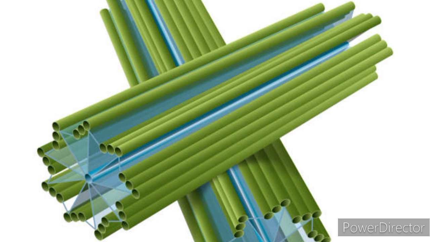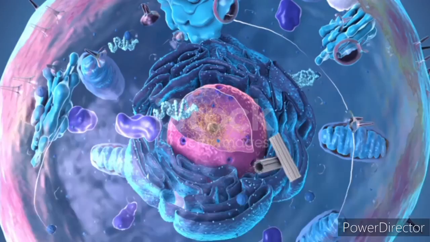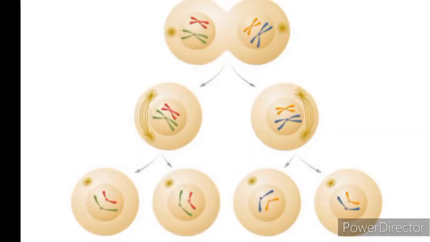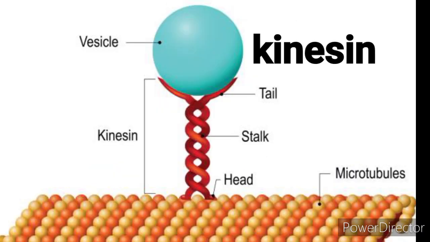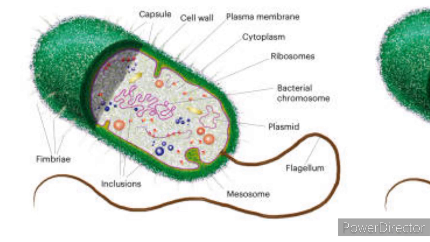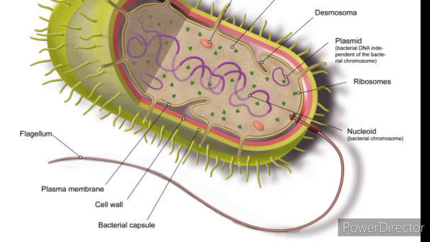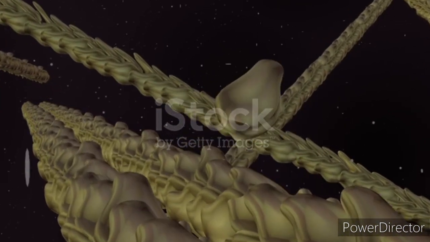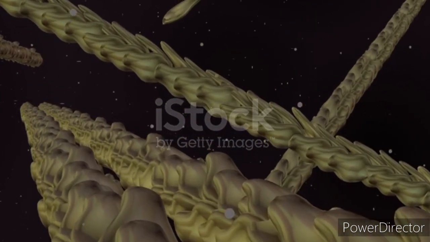Microtubules are dynamic and can rapidly assemble or disassemble, allowing them to participate in processes like cell migration, organelle movement, and the distribution of chromosomes during cell division. They also serve as tracks for motor proteins, such as kinesins and dyneins, enabling the movement of cellular components along their length. Moreover, microtubules are involved in the formation of structures like cilia and flagella, which are important for cell motility and sensory functions in various organisms. Their dynamic nature and diverse functions make microtubules integral components within cells, contributing significantly to their structural integrity and various